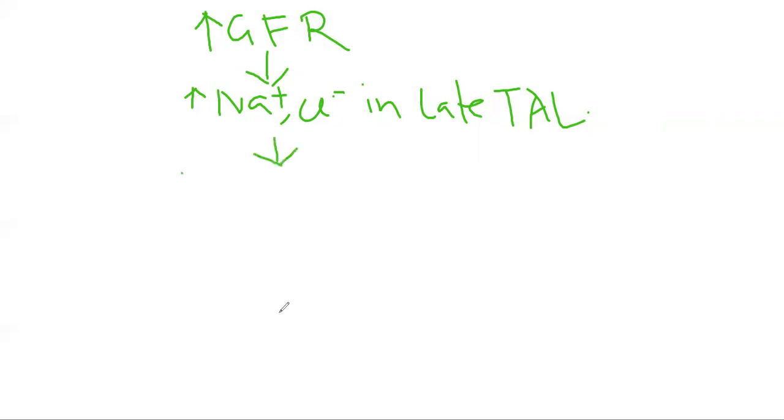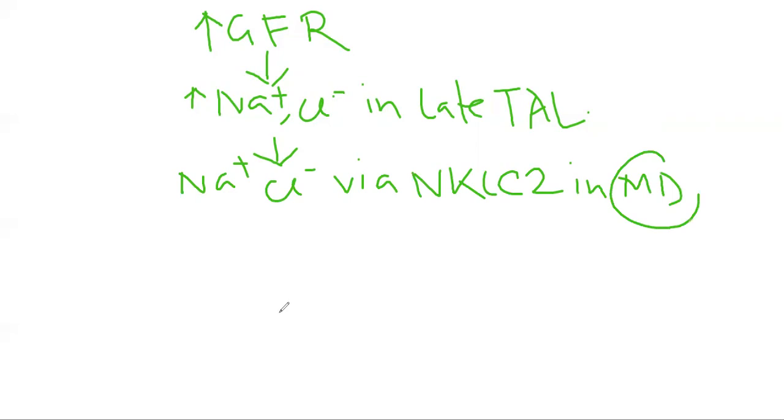Now there will be more uptake of sodium ion and chloride ion via the sodium potassium 2 chloride ion symporter, and eventually more sodium ion will lead to more accumulation of water in the macula densa site, and as a result there will be swelling of the cell, and this swelling of the cell will lead to movement of the ATP from the macula densa, because ATP is already present in the cell, and this ATP will come out from the cell by the lysis, and this ATP can also be converted into adenosine by the 5' nucleotidase, and this adenosine will come out from the cell by simple diffusion.